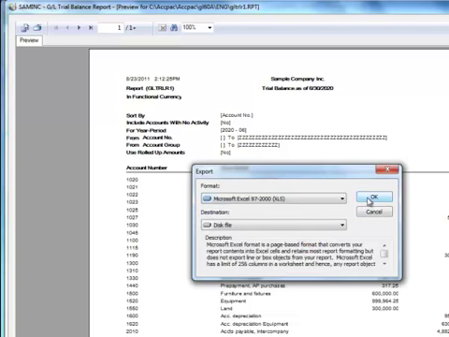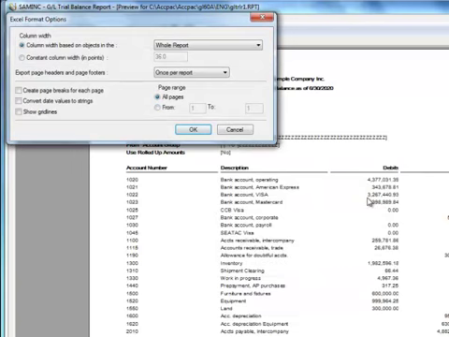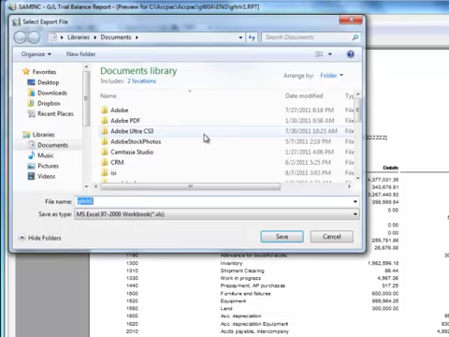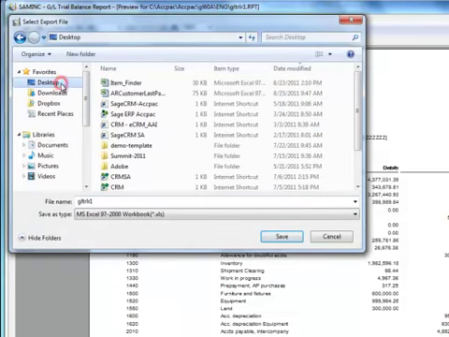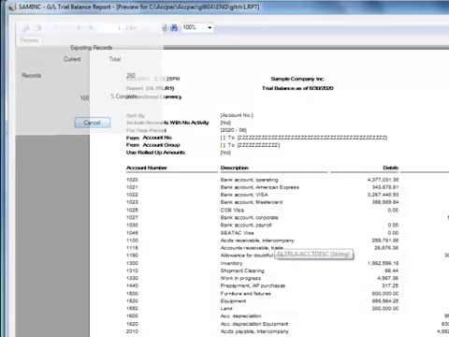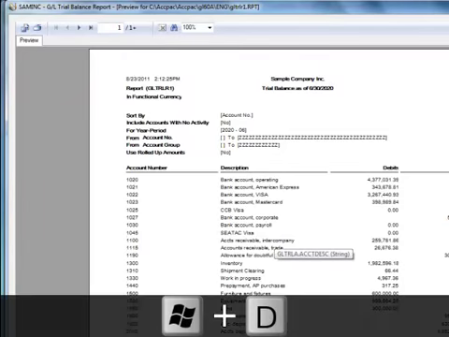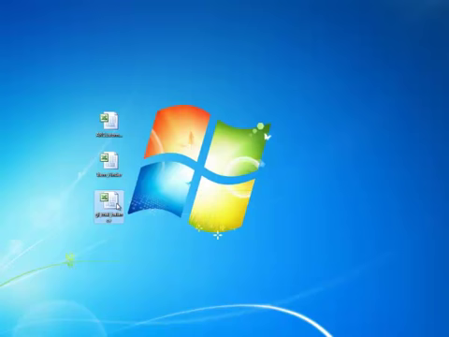97-2000, then click OK. In this window, you have some formatting options, but we'll go with the default settings and click OK to continue. Now we'll select the desktop for the location of our file, and we'll name it GL_trial_balance and click Save. Let's take a look at the file by going back to our desktop, and we'll open